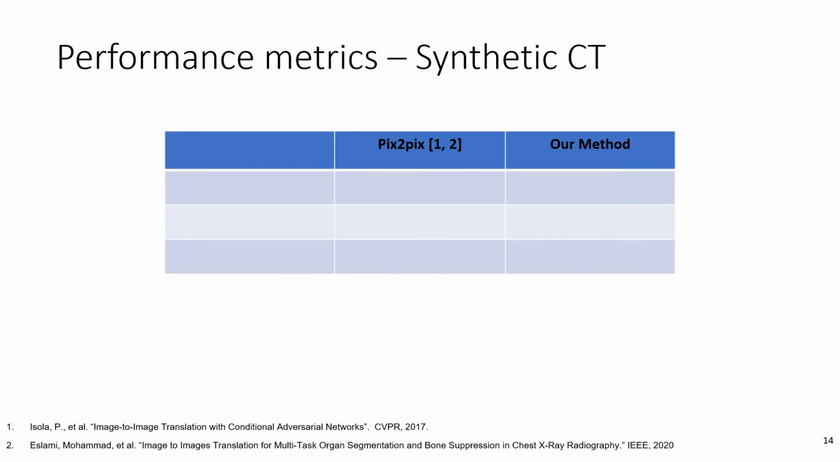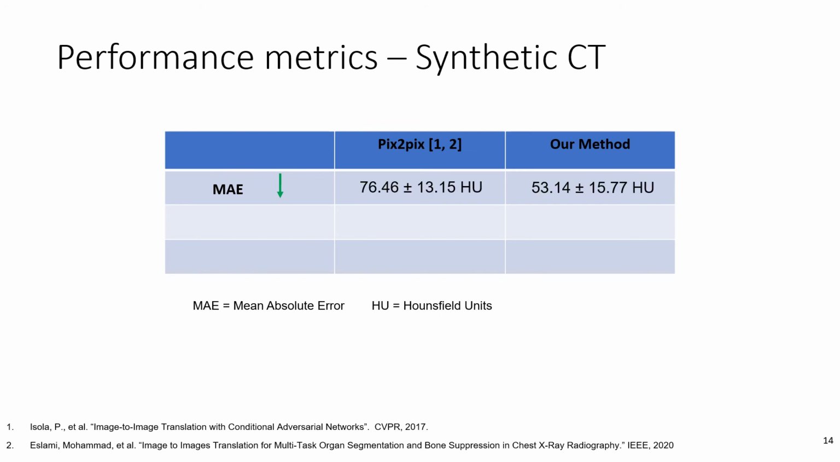We compared the synthesized CT generated by the network described in this work to that of the original Pix-to-Pix network using three evaluation metrics. The first one being the mean absolute error, which categorizes the average of the absolute difference between the generated and the ground truth image. In this case, we can see that our method could predict intensity values which were much closer to the